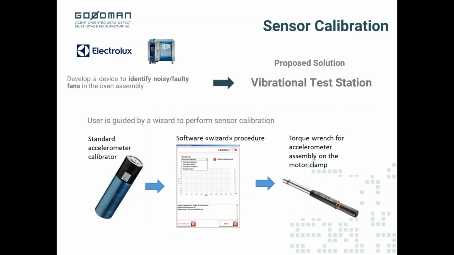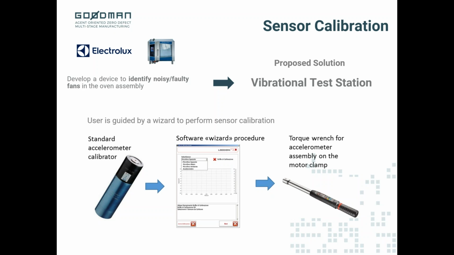It is possible to perform sensor calibration with this station, and in particular, the user is guided by a wizard to perform sensor calibration. In this case, a handheld shaker, which is commonly used to perform in-field accelerometer calibration, and software with a wizard procedure are used to perform this self-calibration. An indication is provided in order to